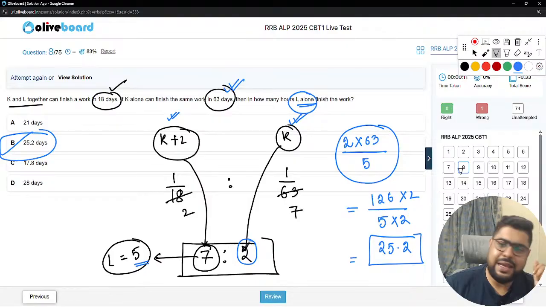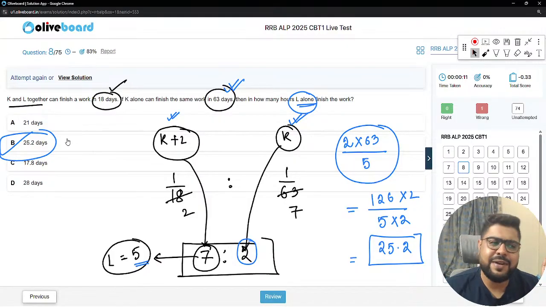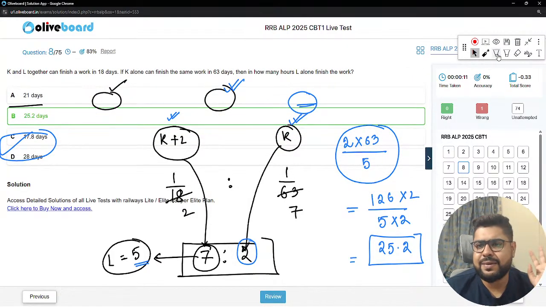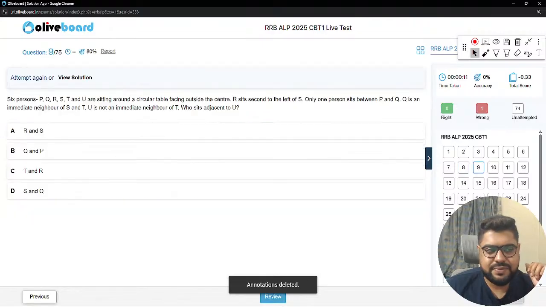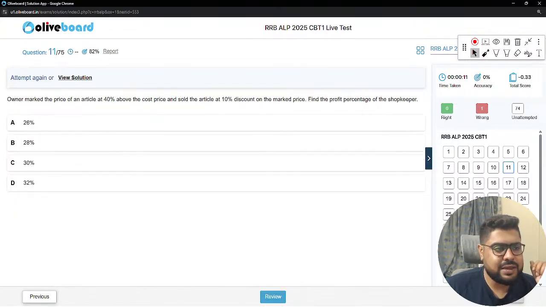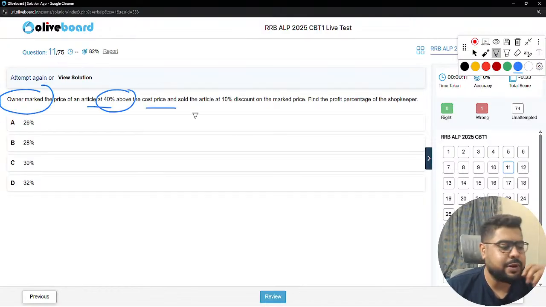Kamal, yes, B. Reena, yes, B is the correct answer. Very simple questions. Next one. Chalo, next. Owner marked the price of an article 40% above the cost price and 10% discount on